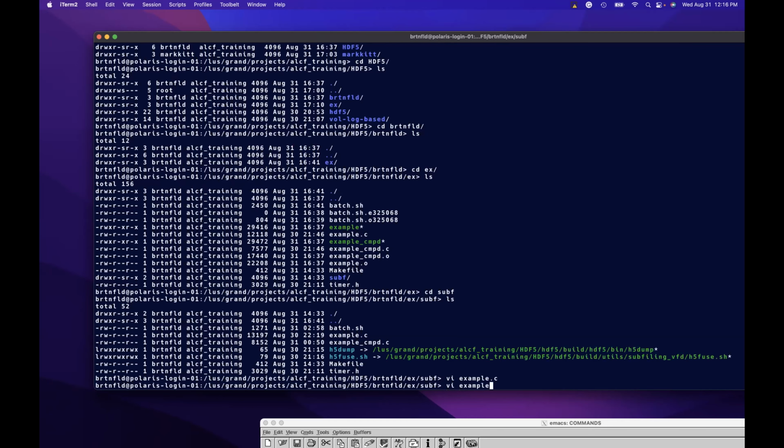If you look at it, I don't think there's anything else. The same changes were made for the compound one, where I just have all the ranks create the datasets and open the file instead of just one. So now if we look at the batch,